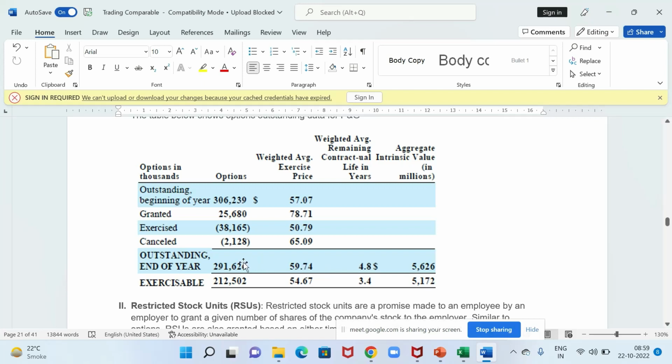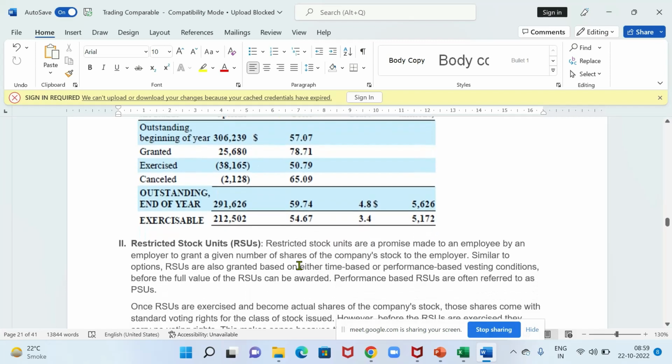So if we make it dynamic and use total outstanding and the strike price, based on what our market price or the current price is, again we have to update it. As and when we update it, if that increases from 59 to say 70, we'll have all of these in the money. If the share price decreases to say less than 59, say 50, all of this will be out of the money, hence will not factor in, because at that particular moment it is not dilutive in nature.